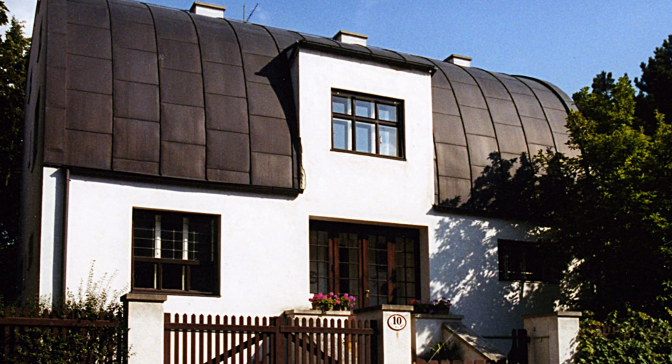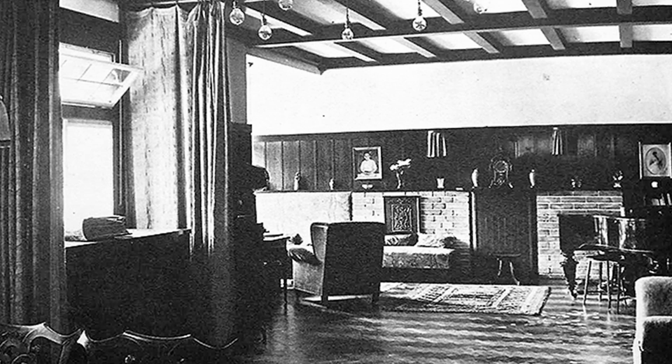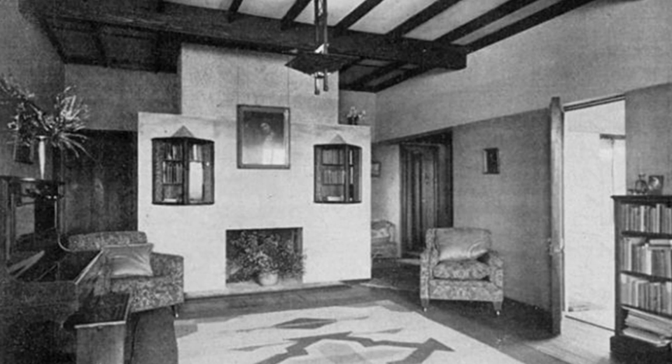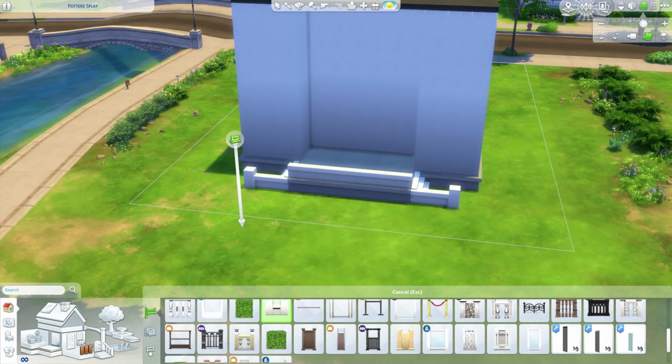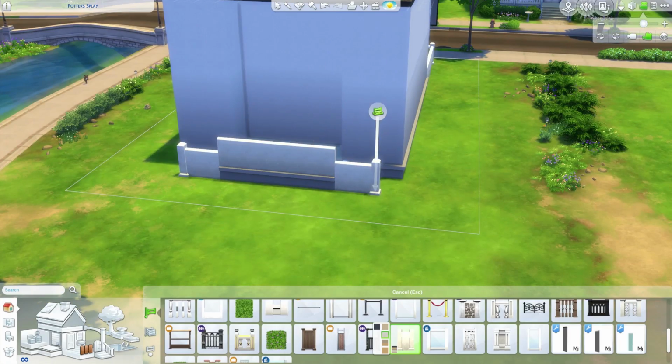This is the outside of the house. It's very simple. There's a rounded roof. It's kind of blocky. This is his dining room, so there's paneling, and there's not a lot of stuff everywhere, like most Victorian era homes were, and a lot of the floor plan was open, and some of the rooms were just closed off by curtains. So you'll see in a bit that I tried to do the same type of idea in the sitting rooms